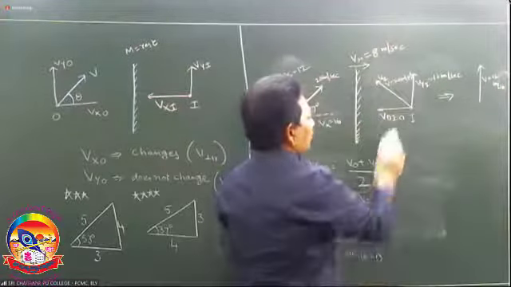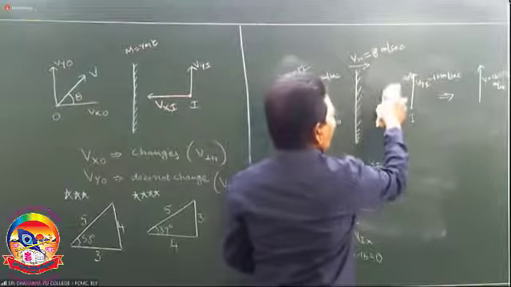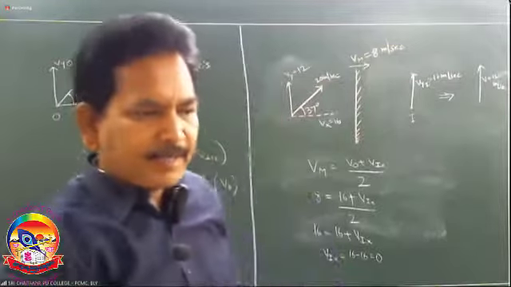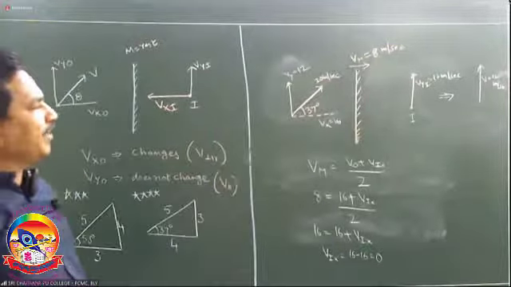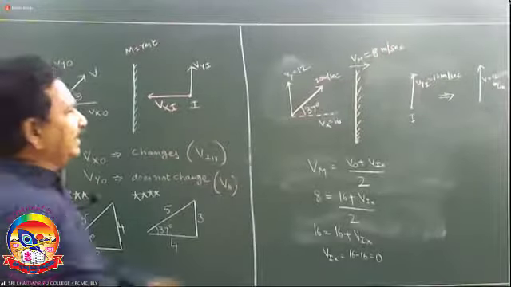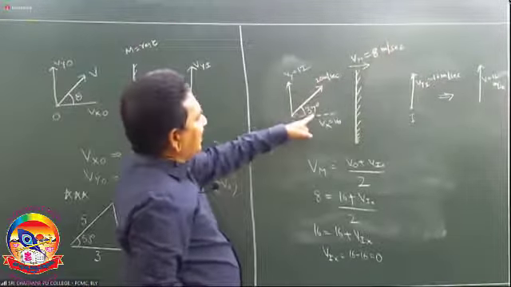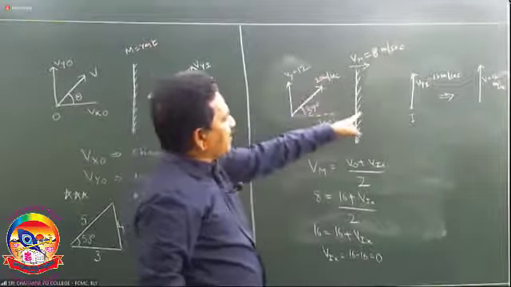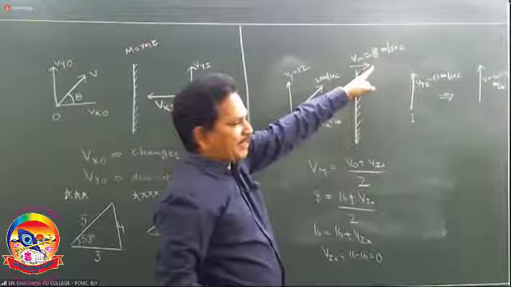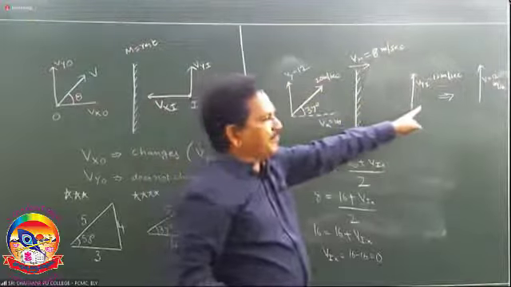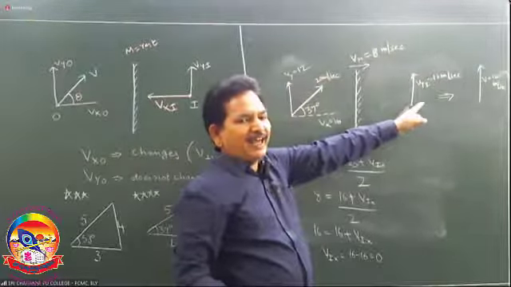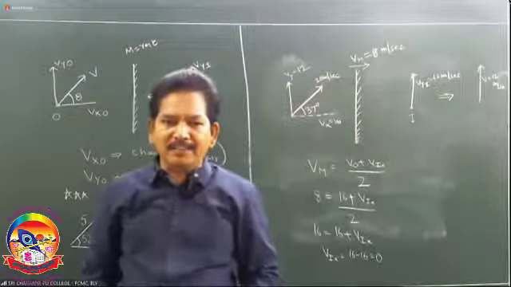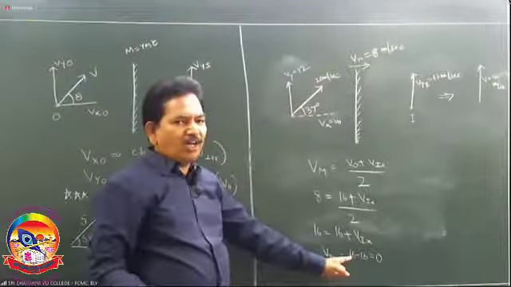Because it is 0, we can remove this one. No need of the parallelogram law. Only the velocity along the y-axis, parallel to the mirror. Now it is moving with 12 meters per second. If the object is moving at an angle of 37 degrees with velocity 20 meters per second, and the mirror is also moving with 8 meters per second, then what is the velocity of the image and in what direction? The velocity of the image is 12 meters per second parallel to the mirror, because Vx already becomes 0.